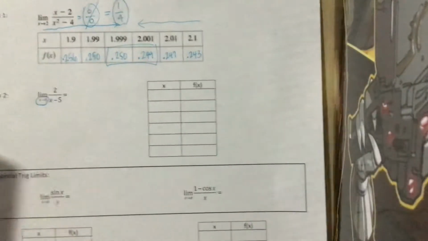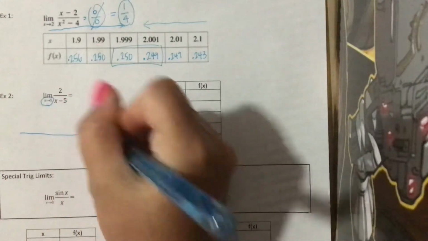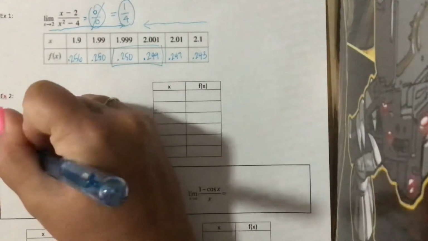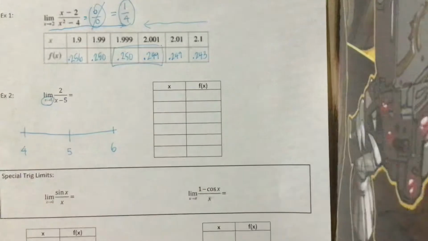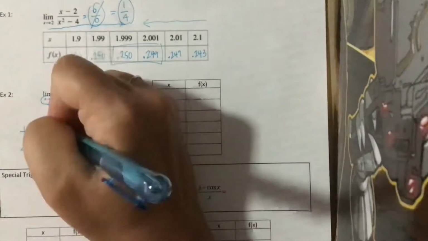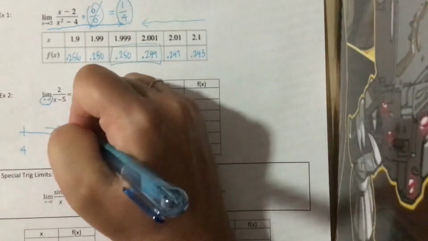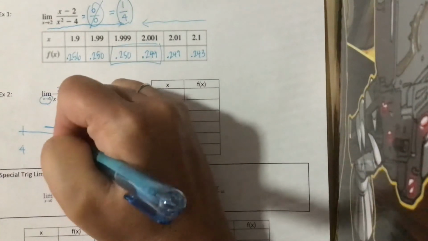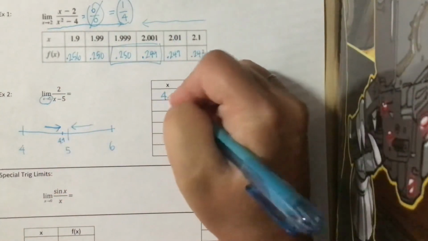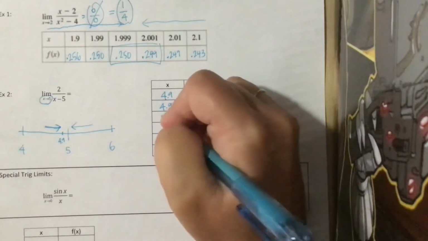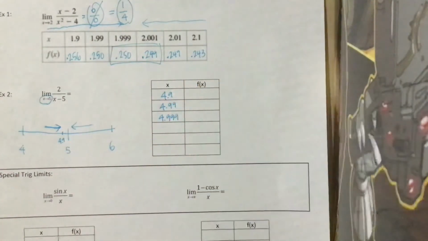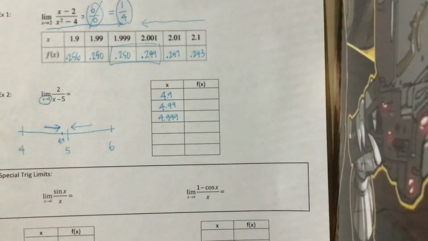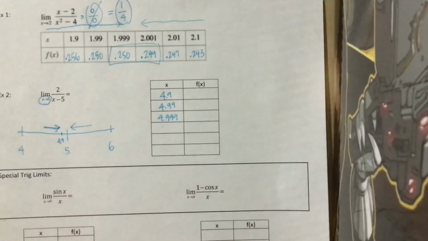So we have to think on the number line what numbers would be really helpful. If we have 5 here, and let's say 4, like a straight up number line that you used to see on your desk when you were little. If we want to approach 5 from the left and from the right, we have to think about decimal values that are very close to 5. So on the left-hand side, let's say here's 4.9, and then we want to get closer and closer to the number 5. So we just add in more 9s and more 9s and more 9s, and then we're getting closer. And then on the opposite side,